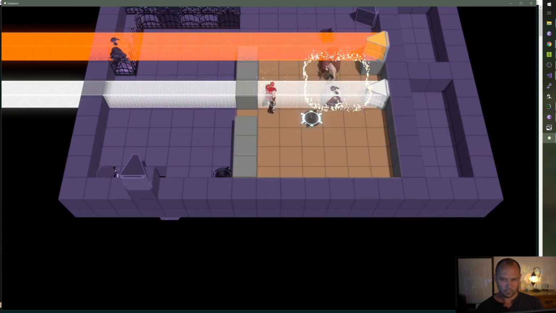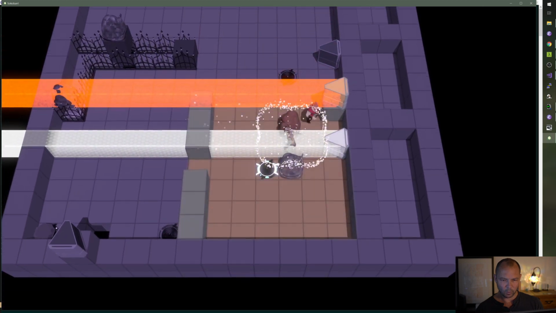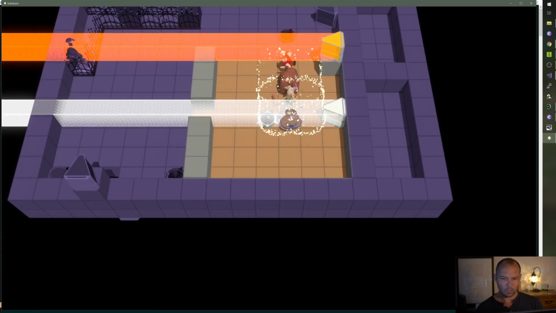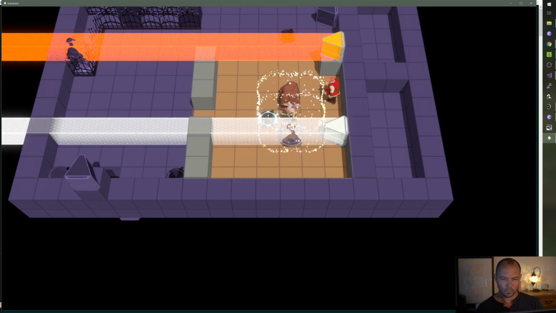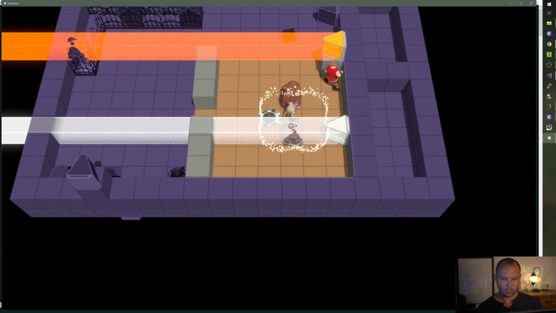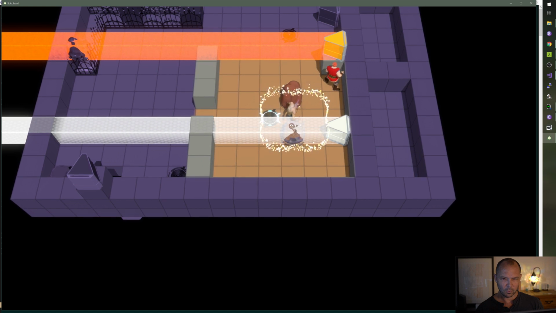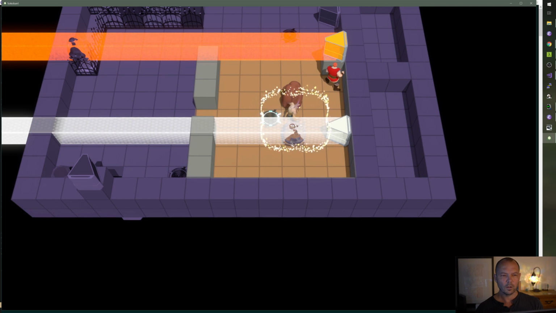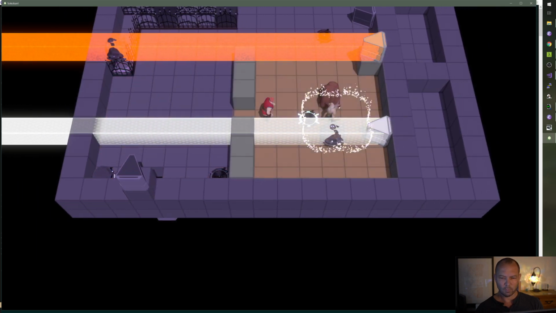Then I can walk it this way. This might be fine. Maybe I don't even need the green beam. I don't, because the pit will just save me. Well, not save me, but